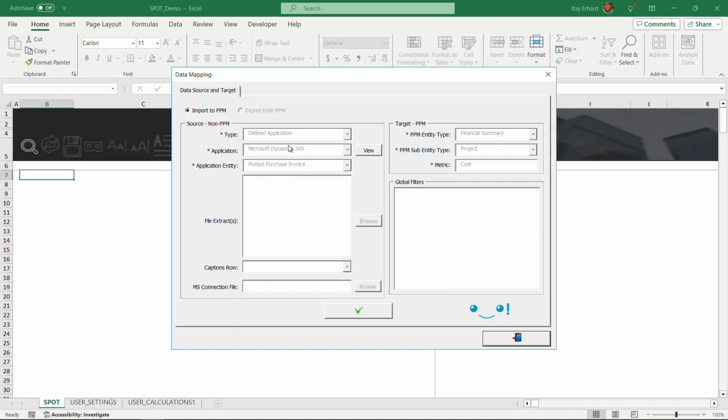And if I select a different template, I would then have selected a different application, such as Jira or such. But in this case, we're working with the Microsoft product, and the target system is PPM. We're going to be exporting information into financial summaries of projects, and the metric we're going to use is cost. So let's go into step 2 of